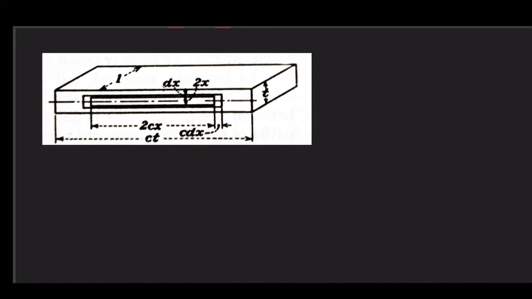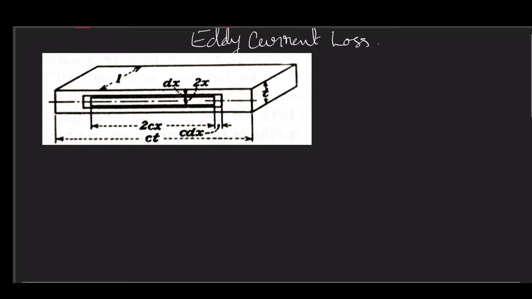So in this video, we'll try to investigate the eddy current loss that takes place in a transformer. In order to understand that, we take a single lamination. This is the cross section of one lamination of